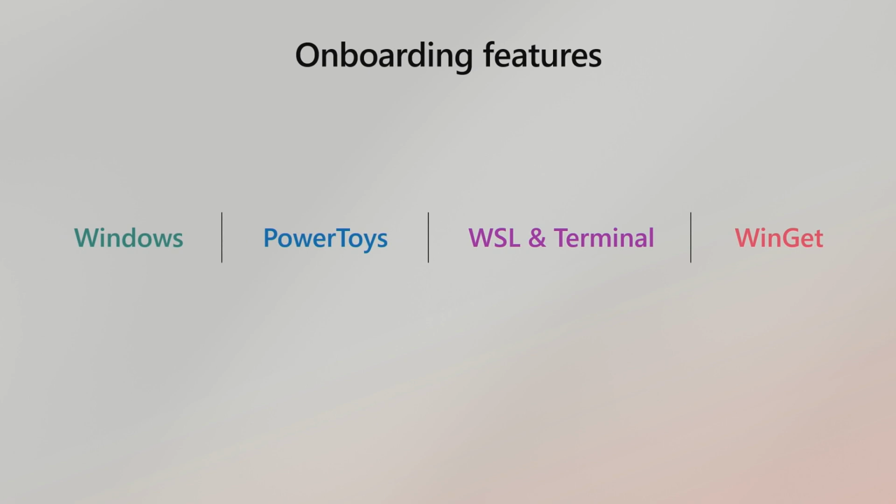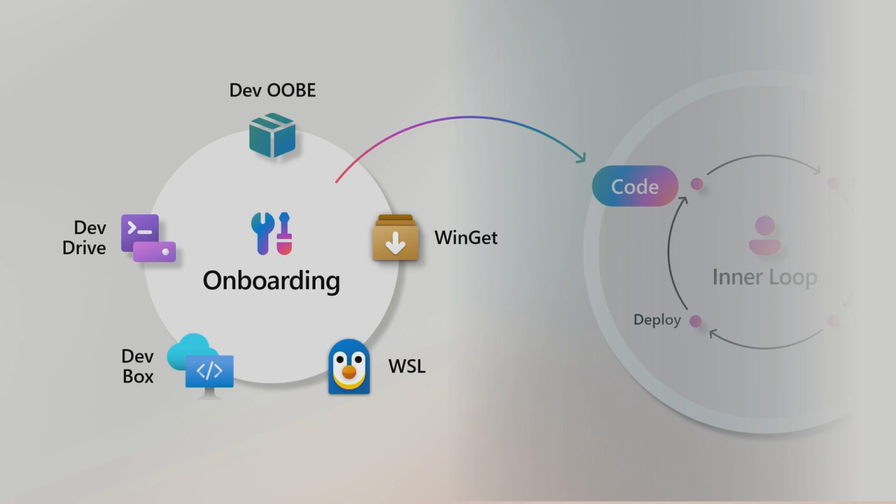And we're going to show you how you can use all of these tools to get that performance boost, get more productivity, and be more successful in your day-to-day jobs. So to frame how we're going to go through this, because there's a lot, we're going to talk about the developer lifecycle. We're going to start with onboarding and getting your machine set up, and talking about a bunch of tools and improvements made to those tools to help make onboarding a little bit easier. And then we'll talk about the inner loop, where you're doing your coding, and the outer loop as well, which is everything else that isn't coding, but it's still part of the job.